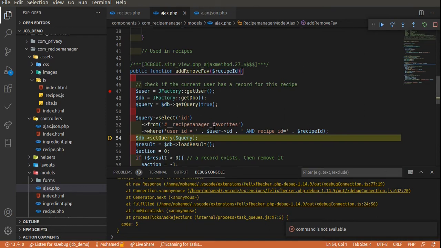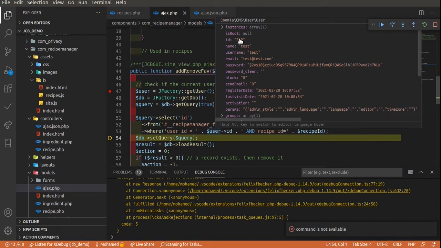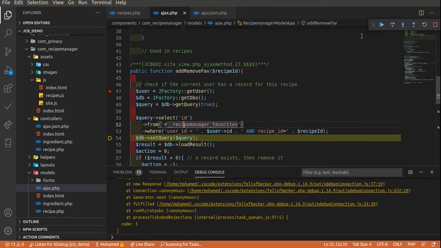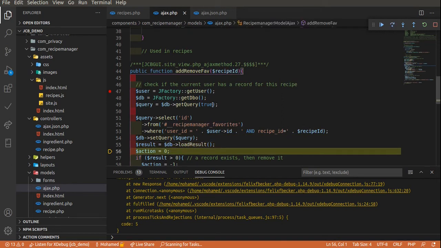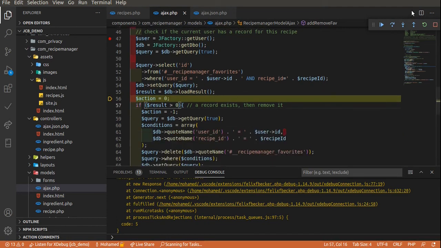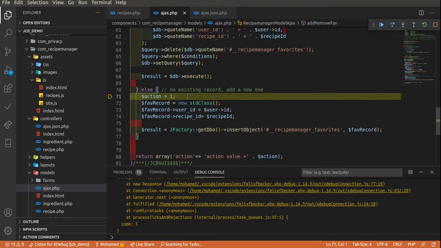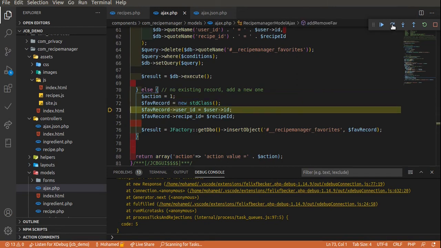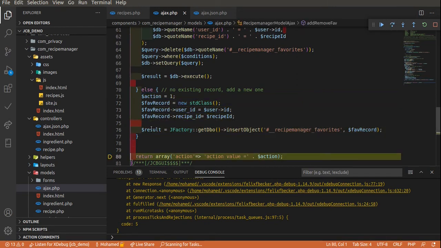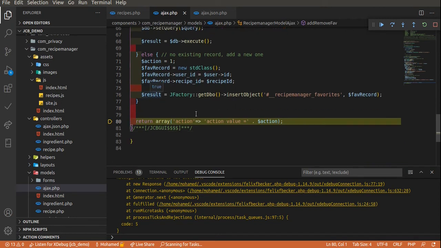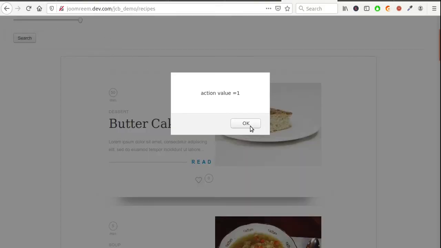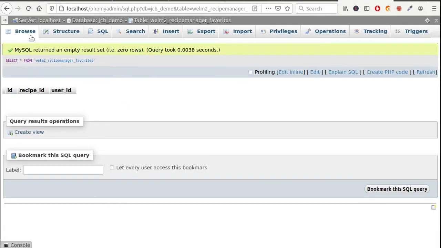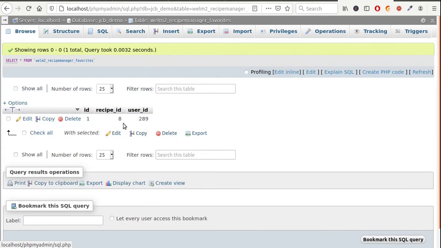The current logged in user ID is 289. No record exists, then insert a new record. Well, the action value indicates a record is inserted. Also, the database has the record with the correct values.